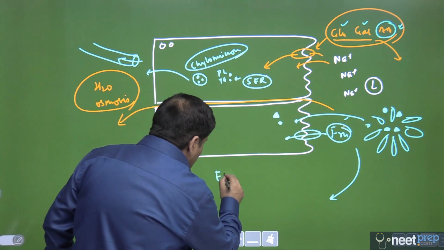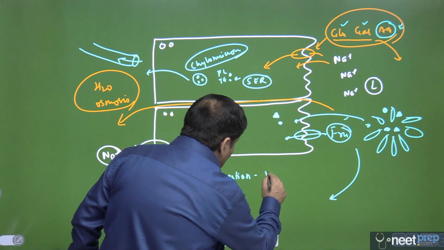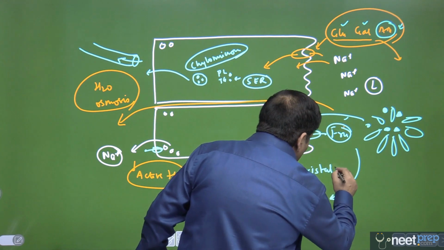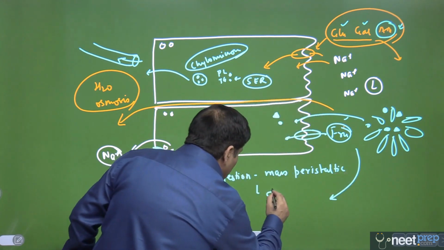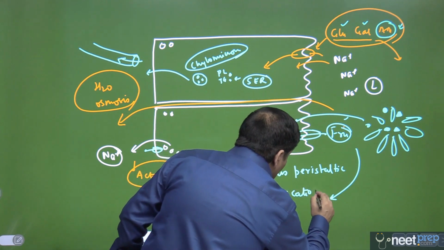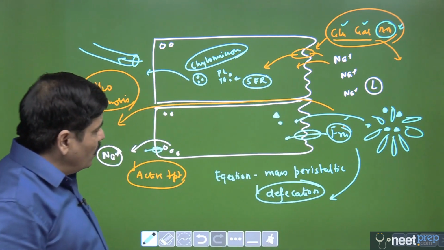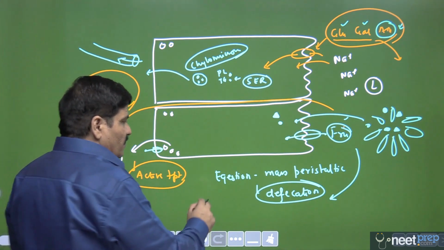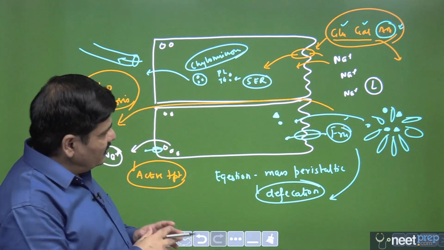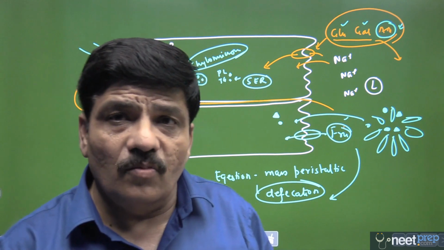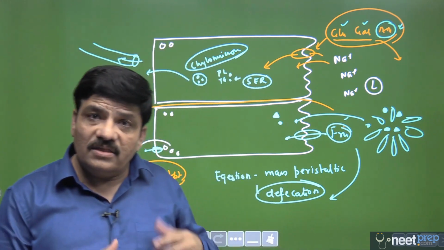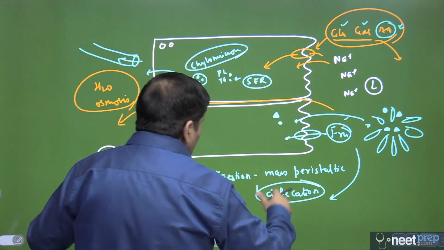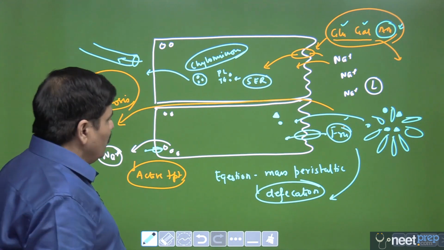So let me talk about egestion: we are talking about a mass peristaltic movement, and we are calling this defecation. And please remember the importance of the ileocecal valve, which prevents the reflux of the fecal matter back into the small intestine. This is very, very important. And please remember that the large intestine actually absorbs the largest fraction of the water that reaches it. The largest amount, but a lesser fraction, is absorbed by the small intestine. So this is how absorption takes place. This is what your NCERT is talking about in this chapter.